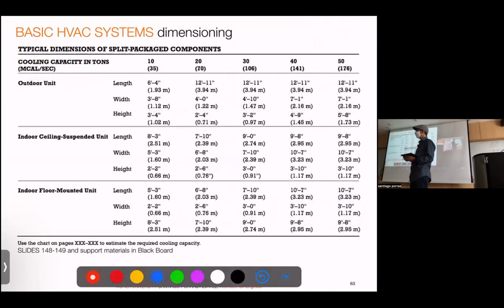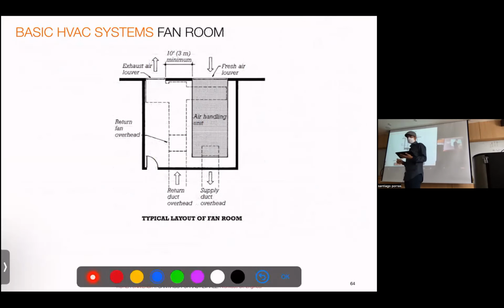This is some tables for pre-dimensioning the units, right? So you know how much size you will need. This is very rough pre-dimensioning, but when you make the project, you need to know how much space you will need for those units and those rooms. And this is a basic layout of one room, one air handling unit. If it is centralized, it will be huge. If it is individualized, it will be smaller. The points,